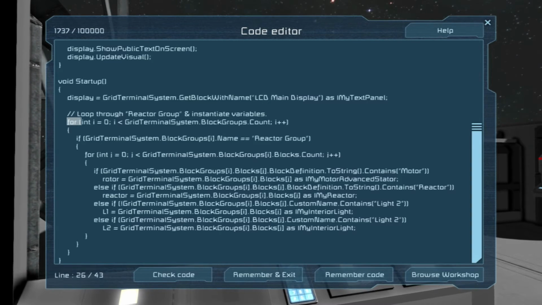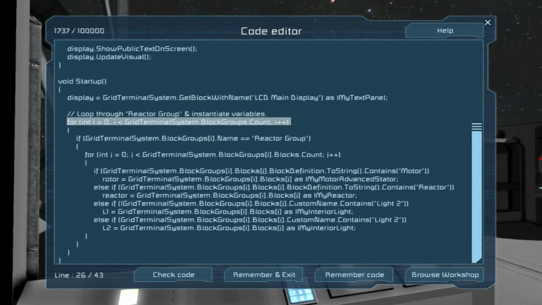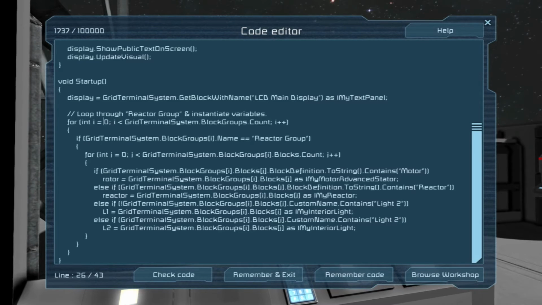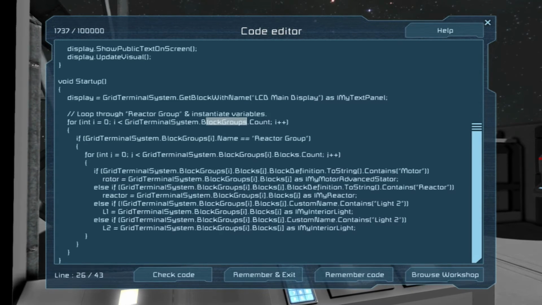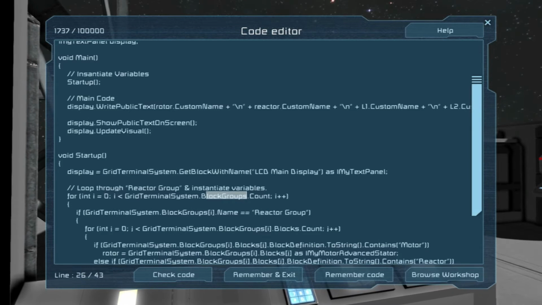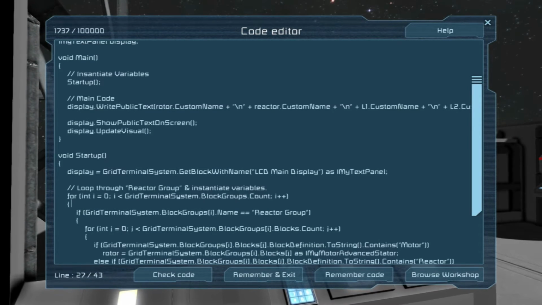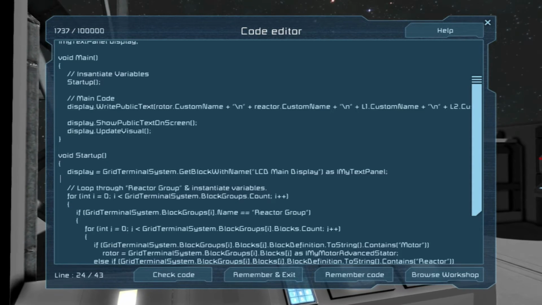So basically we've got a loop here that says standard loop, a counter of I equals 0, and so on. If I is less than grid terminal system dot block groups. So this is how you would access the block group. If you have different groups, let me just type it in right here on this line.